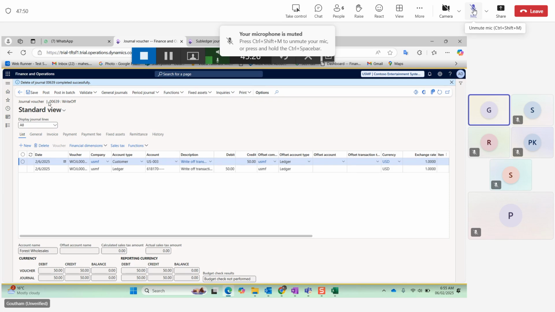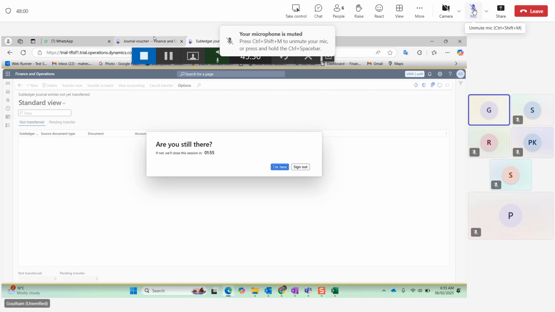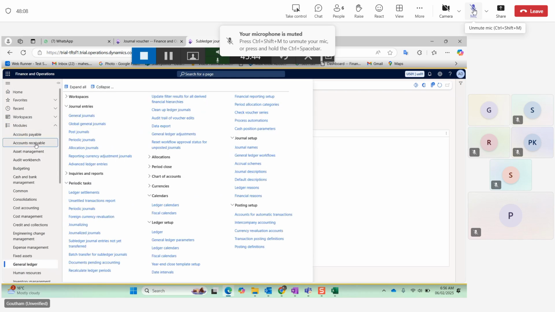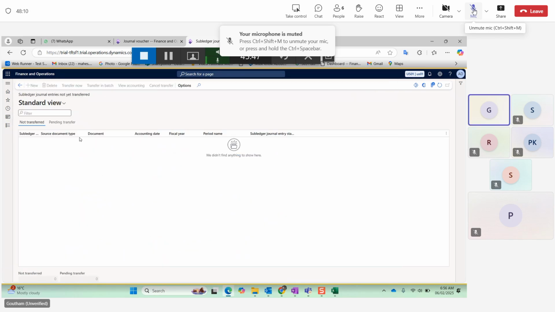So once I post this transaction, what will happen? The 50 balance, whatever it is showing under the customer master. For example, let me show you that. So in customer master,